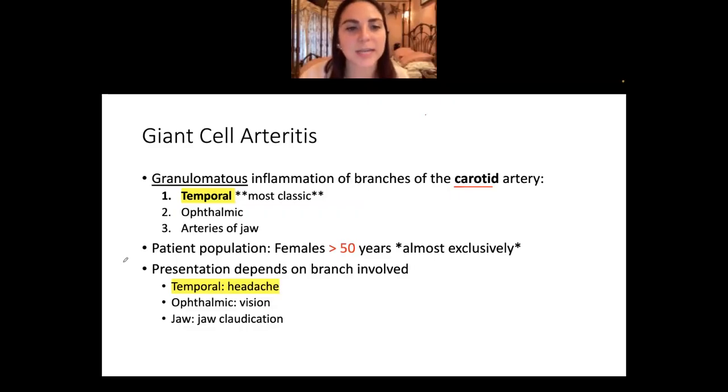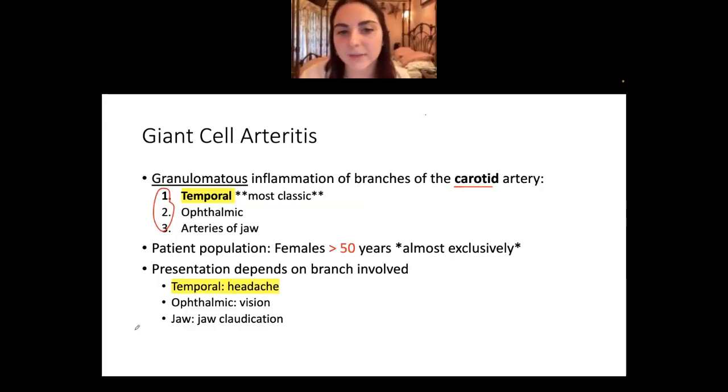And then, of course, presentation is going to depend on the branch involved. This is another theme that you're going to see with a lot of these vasculitises, that whatever branch is involved is going to tell you what symptoms the patient's going to have. And again, that's what makes these tricky, because it can vary from patient to patient. But again, since temporal is the most classic and probably the one you're going to see,